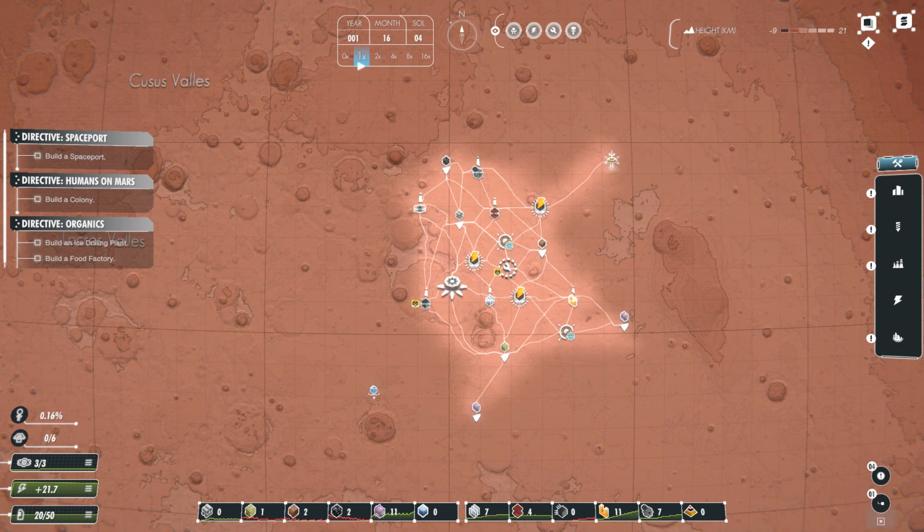Okay. So now we've got to build a spaceport, colony and ice drilling and food factory. Just giving us another load of stuff to look at. So, as well as...